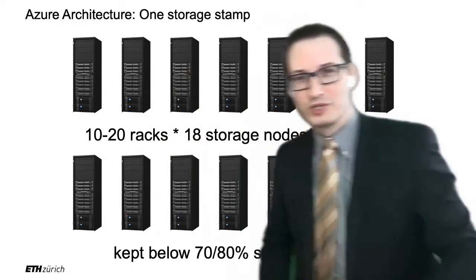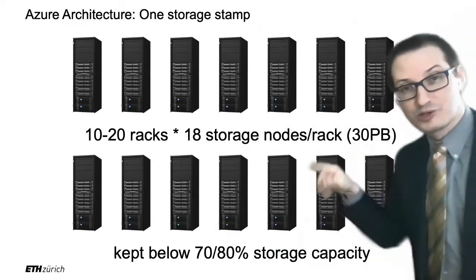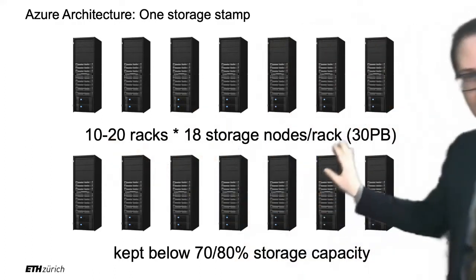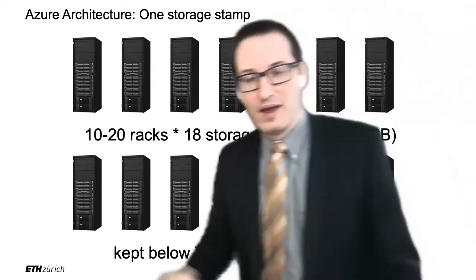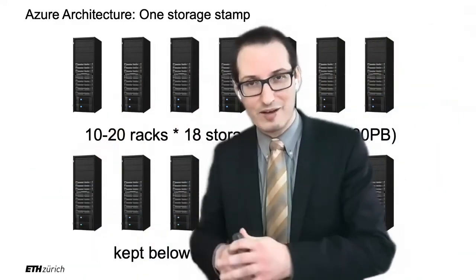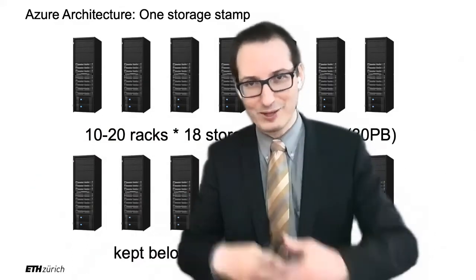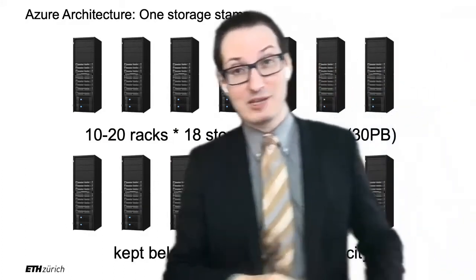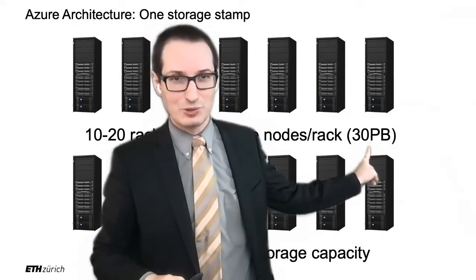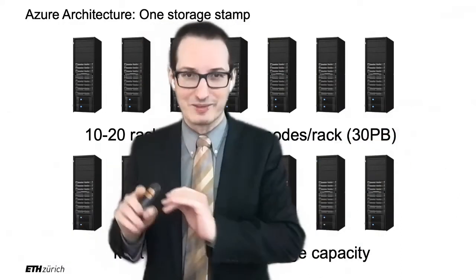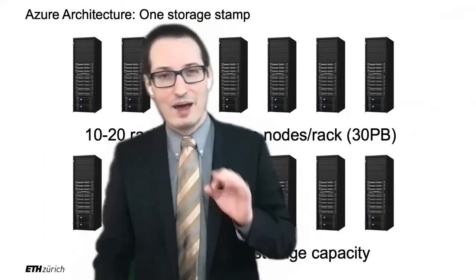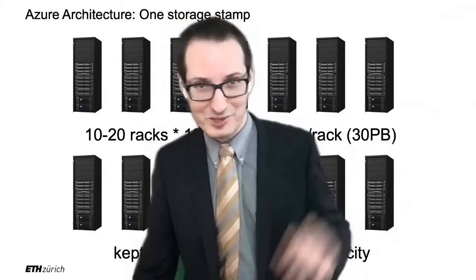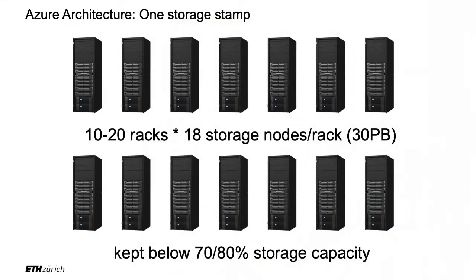Now it's very easy to compute how much data you can store in there. It's actually 30 petabytes. It's just a multiplication. Just compute what you can have on one of the nodes and times 18 times 20. That gives you roughly 30 petabytes. The other thing they do, because they have plenty of them worldwide, they have probably one in Zurich, one in Frankfurt, one in New York, I don't know, all over the world, they have these storage stamps. And they try to keep them below 80% of capacity. As soon as there is more than 80% of that is used, they try to move it somewhere else, right? They try to stay below that capacity. I'm pretty sure you've all experienced what happens when your hard drive is full, and that's not a pleasant experience. So that's the reason, right? They just try to keep it below 80%.